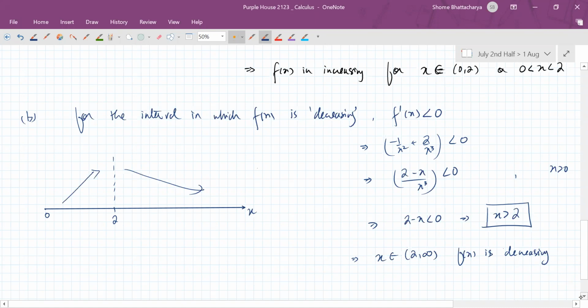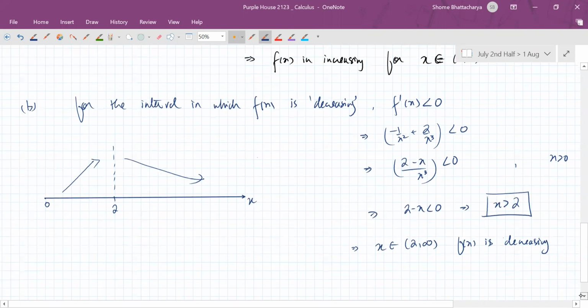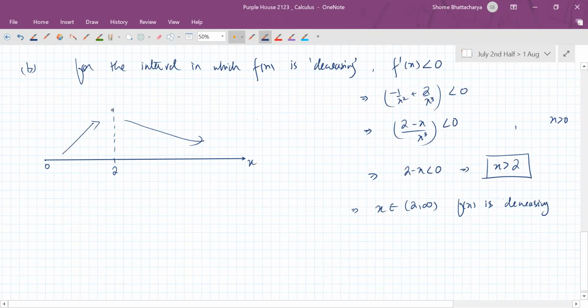Right, so this is clear to all of you? Okay. Yes, sir. Now see, for the third part, it becomes obvious: if the function is increasing up to 2 and after 2 it is decreasing all the way to infinity, then at 2 what sort of point should it have? It should have a peak point, no? Yes, sir. Okay, so since f(x) is increasing from 0 to 2, and then decreasing from 2 to infinity,